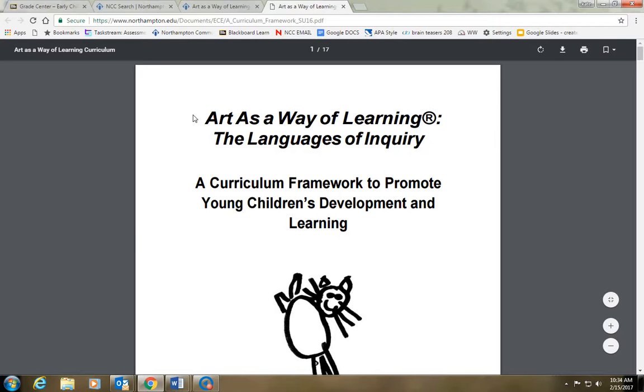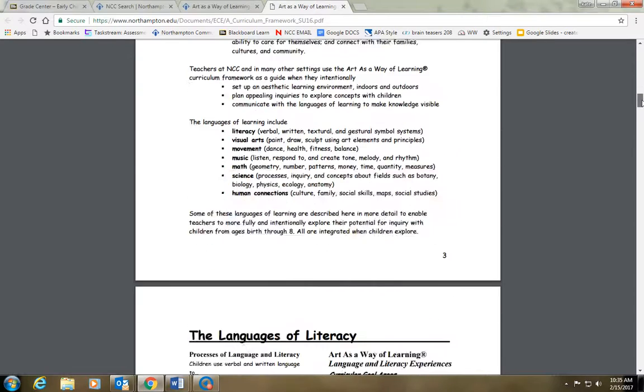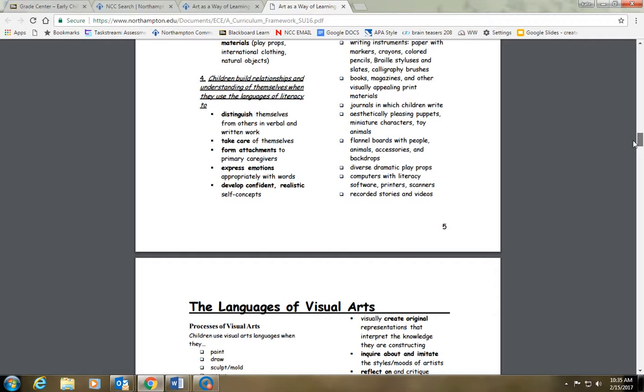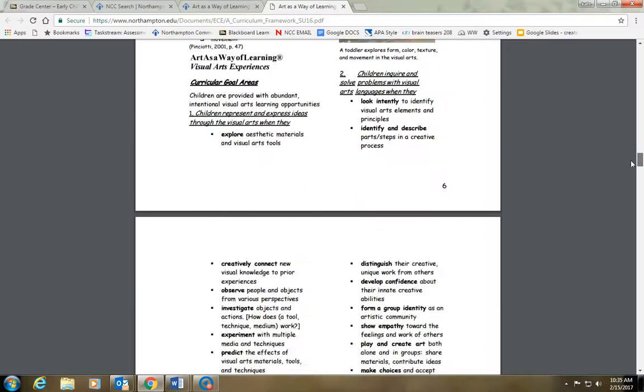The first thing you're going to need is your Art as a Way of Learning manual, and it's a curriculum framework, and that means the different languages of art, such as language, math, science, music, movement, visual arts, will be included in this manual. In the classroom, you have one that is a hard copy, and that's green. But I'm showing you one here online, and you'll see here that each language of literacy, which we'll plan for in our curriculum, is clearly laid out. I'm going to scroll down to math